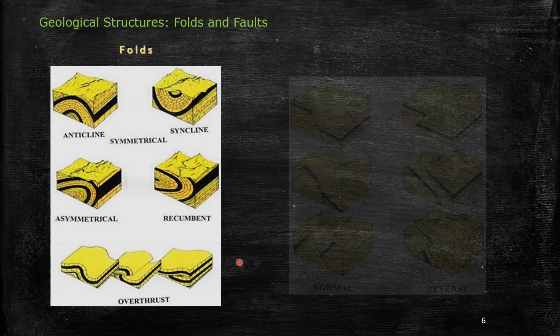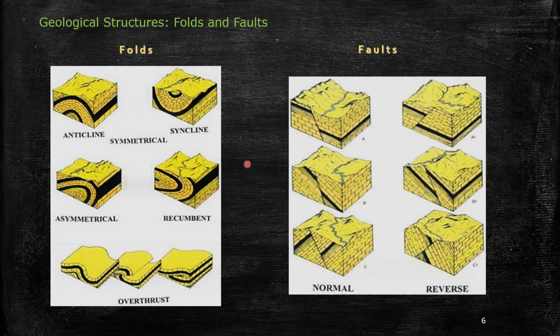So let's talk about the structural kind of traps. For that, you need to have an idea of what different types of folds and faults we have on our Earth. You can see we have symmetrical types of folds, anticline and syncline. And then we have asymmetrical types of folds: we have recumbent fold and overthrust fold. So these are the settings which we will possibly encounter in nature,